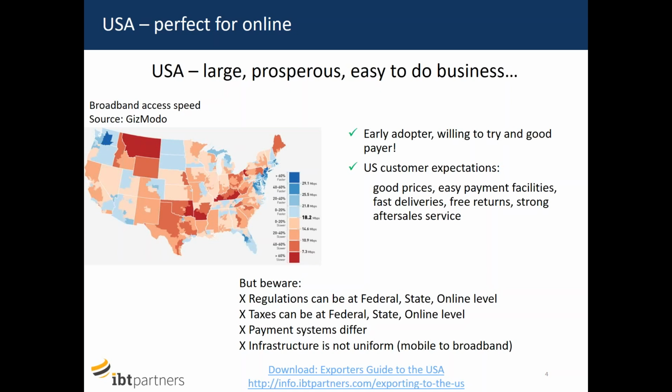And then, of course, it has these big regionalizations. Selling to someone in San Diego is very different from selling to someone in Connecticut. So there are very strong regionalizations. And there are other factors as well, like big minority populations. I mean, 37 million Spanish speakers, for example. By the way, we've got an exporter's guide to the USA, which you can download from our website if you have further interest.